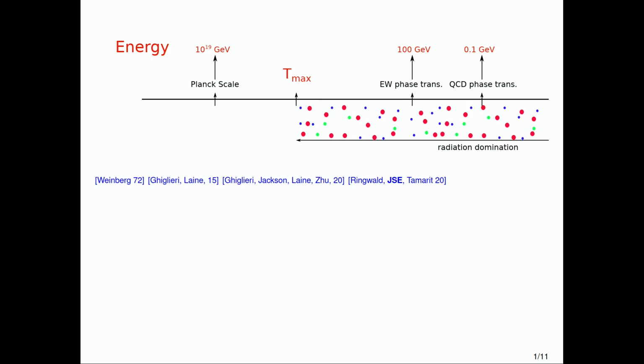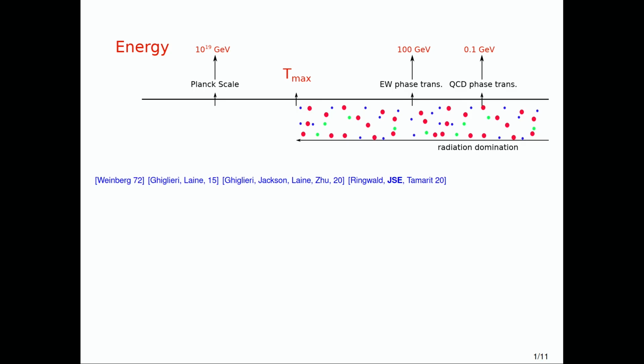I want to tell you in a nutshell how the cosmic gravitational microwave background is generated. And for this, I'm showing this sketch of how we think our early universe looked like. So the highest energy scale is here on the left, the Planck scale, around 10^19 GeV. And if you go to the right on this plot, you go to lower temperatures or to later times.